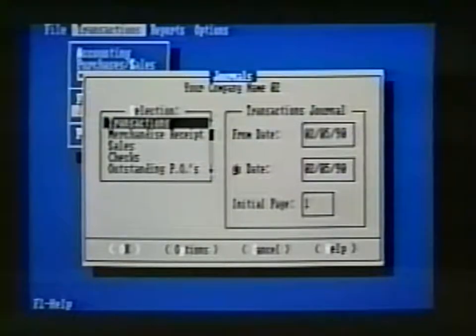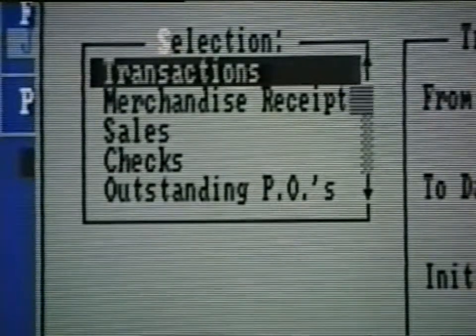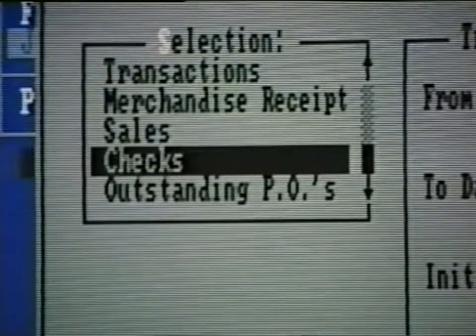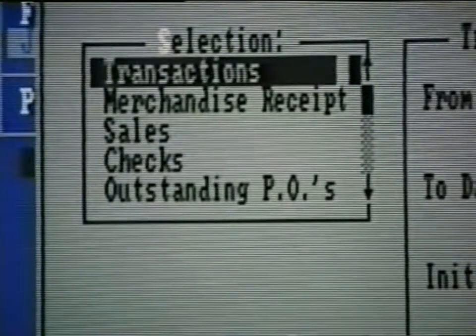The next end-of-the-day task to do every day is the printing of journals related to the day's transactions. From these journals, mistakes can be identified before the day's transactions are posted. To print the journals, select Journals from the Transactions menu. The selection box lists all the journals available in Pacioli 2000. Of course, you only need print the journals that correspond to the day's transactions. For example, if you have prepared and printed checks for the day, then print out the checks journal.